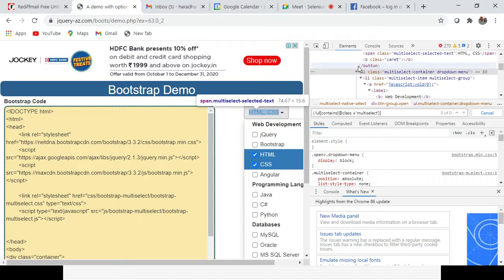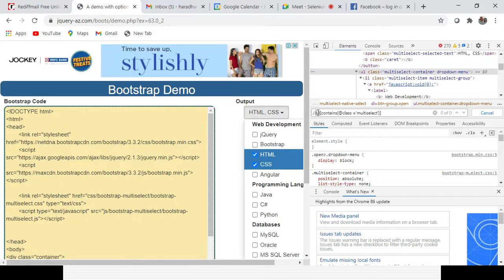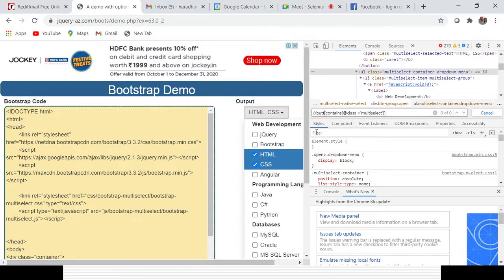It is starting with first button, so I need to give button here. No, not button. It is starting with UL only. UL contents, CONTAINS, contents class @multi-select. It is still not identifying.